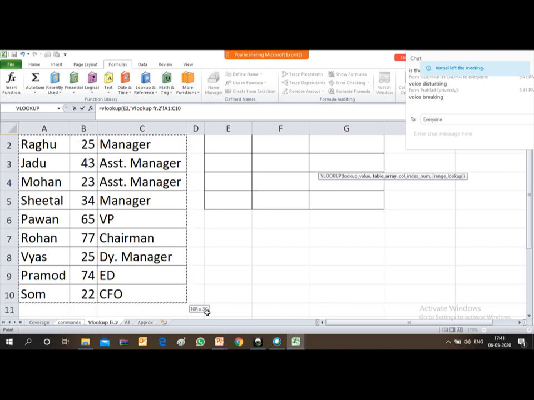Now press comma, and then I have to tell the system the column number 3, comma, and then 0. 0 is for exact match. Press 0 and then close the bracket.